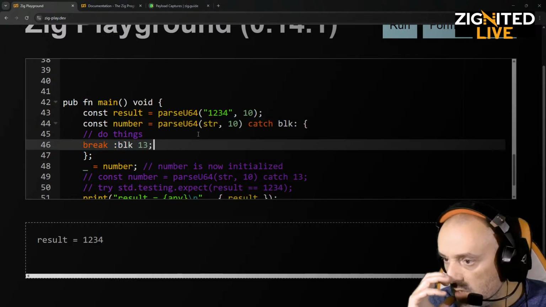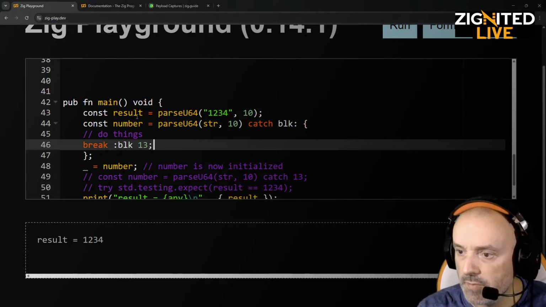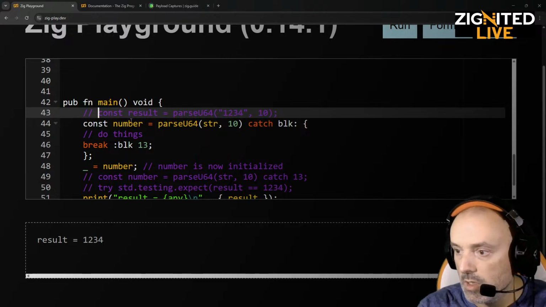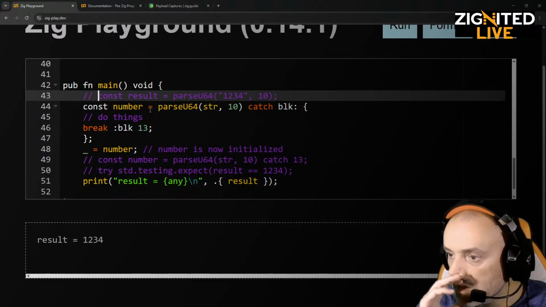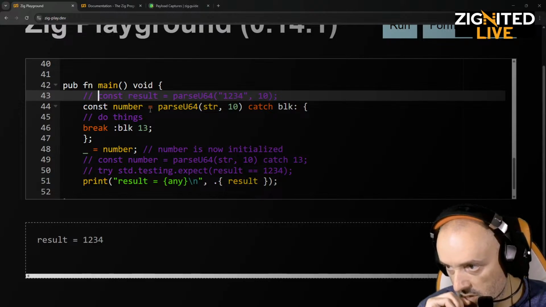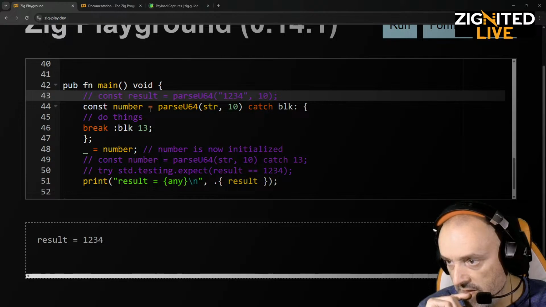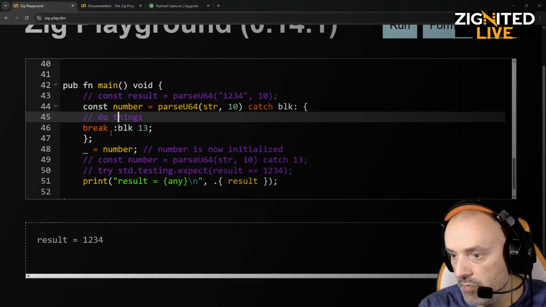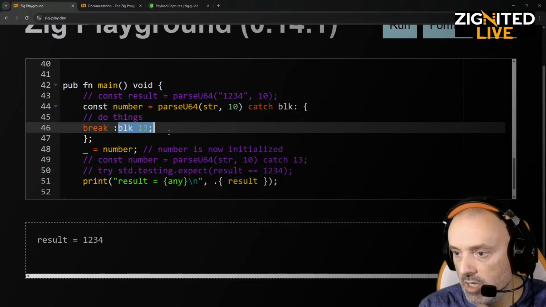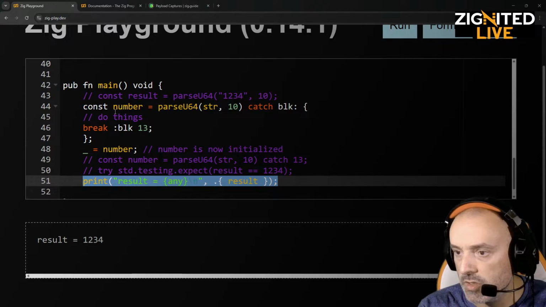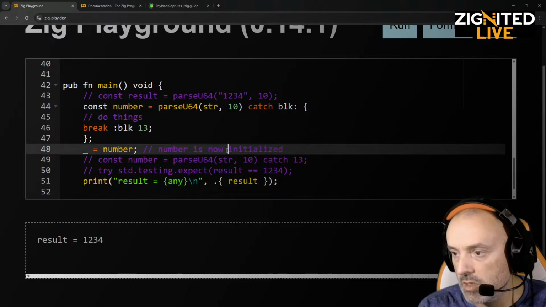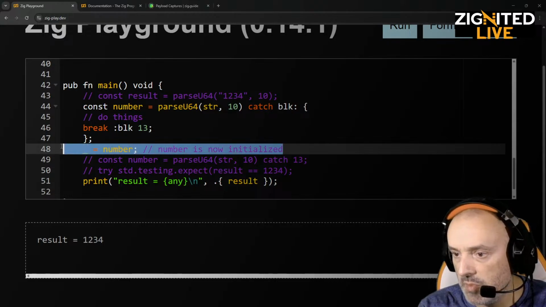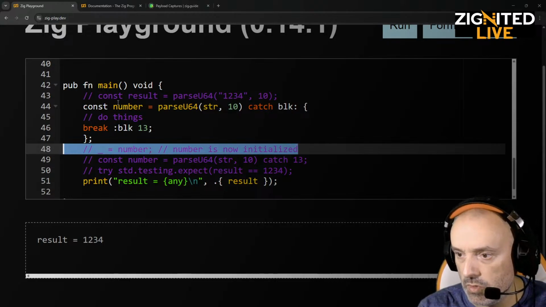Okay, const number equals parse u64. Let's comment out this part because I don't want to have multiple outputs. So only one: number equals parse u64 str and 10. Then they catch blk and then do things here which I'm not going to do, and then they just break blk here. Okay, so if I just put this, no, they dump the number, it is now initialized. If I don't dump it, if I do here,